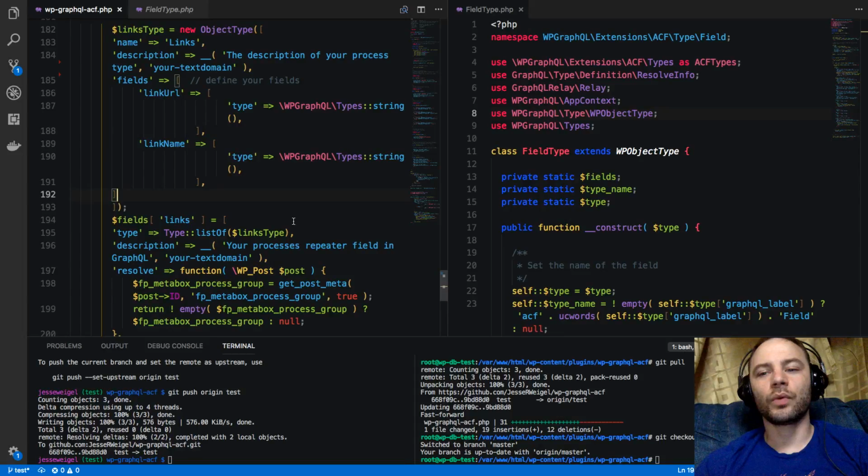Alright, so I'm going to save this. And verify that this saved. Git commit. And then once that goes up, I'll just pull it down and then go back to the test branch to see if it